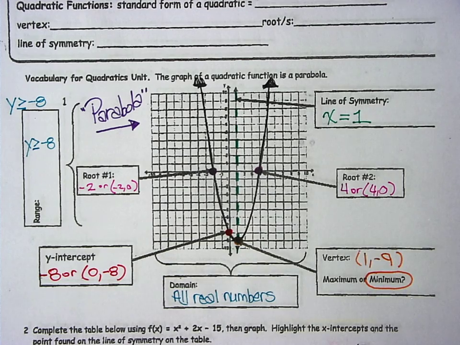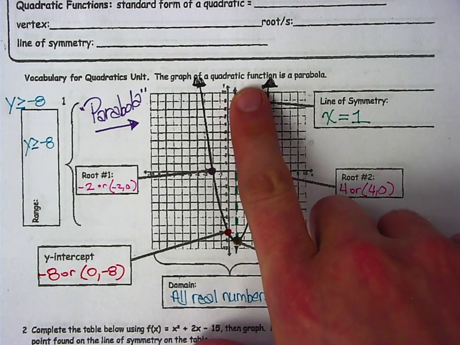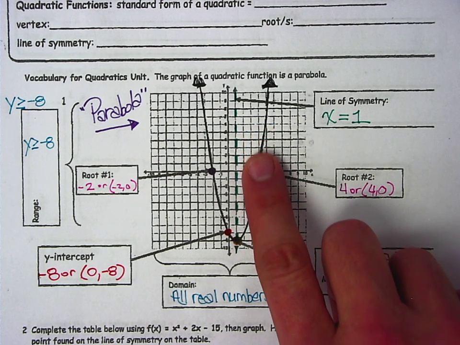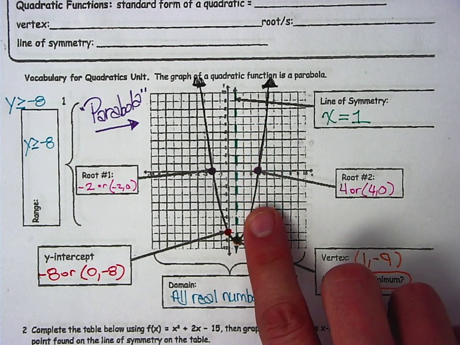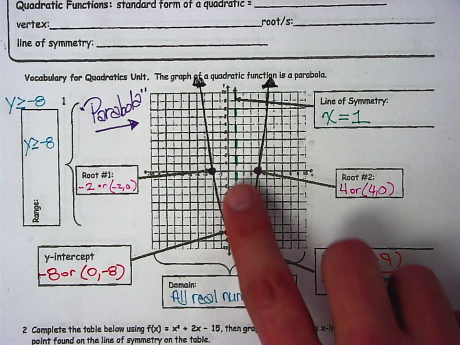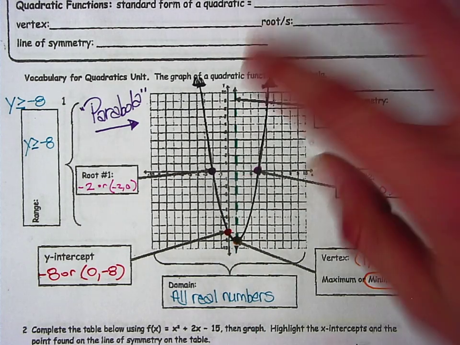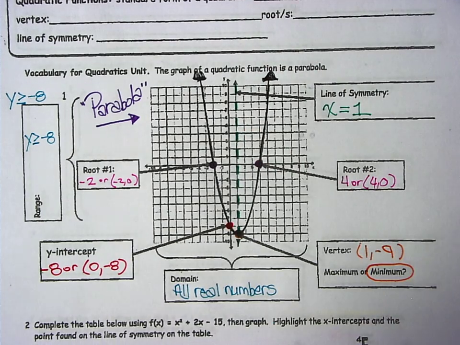Now I'm going to talk about the line of symmetry. In green down the middle, I have this vertical line that goes straight down, and it actually passes through the vertex. At x equals 1 is where it hits the x-axis, and that is the equation of the line that cuts this parabola into equal halves. So now we have 2